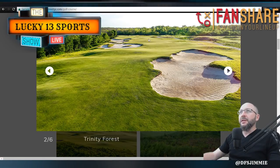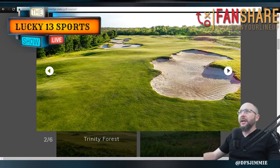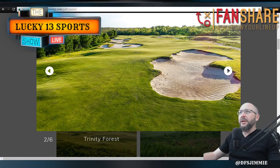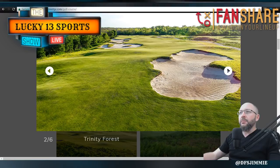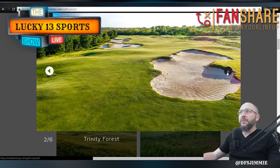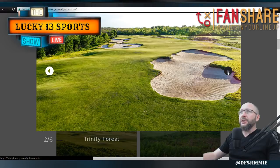As you look across the layout, and you can't even see the entire layout through a virtual tour or anything, there are a lot of bunkers that really come into play in the landing zones for the drives this week. I suspect we'll probably see a lot of guys specifically trying to avoid those and making club decisions based on that. And again, a lot of this is going to depend on how the course is playing. If we get wind and it's running, guys are definitely going to be taking irons and such off of the tee,